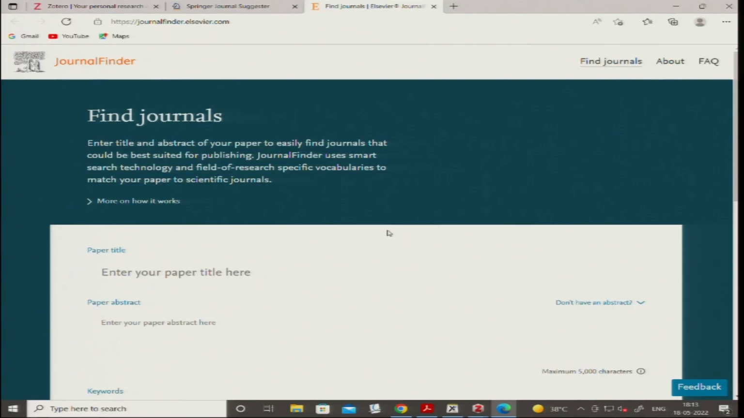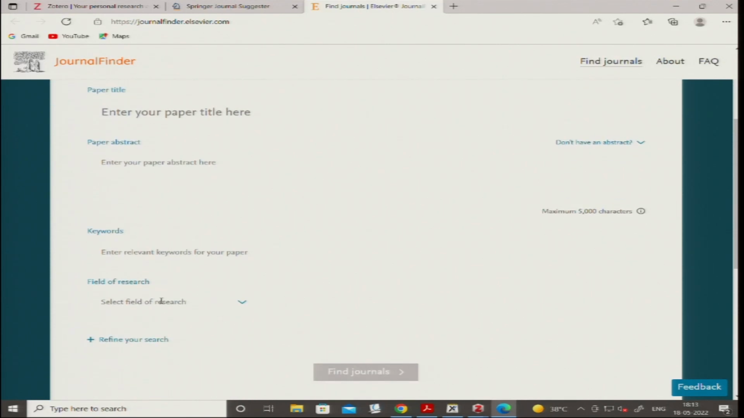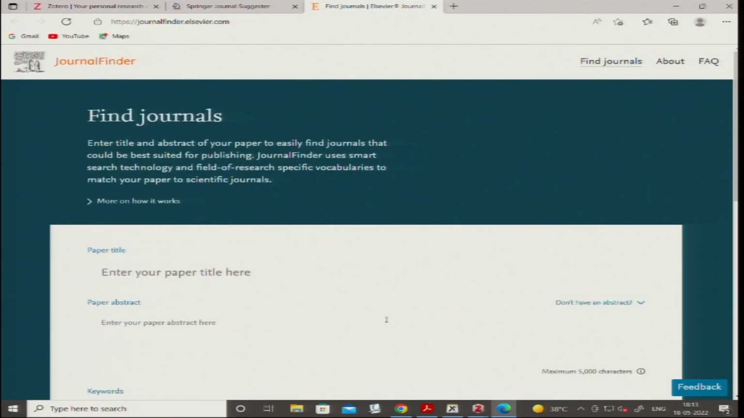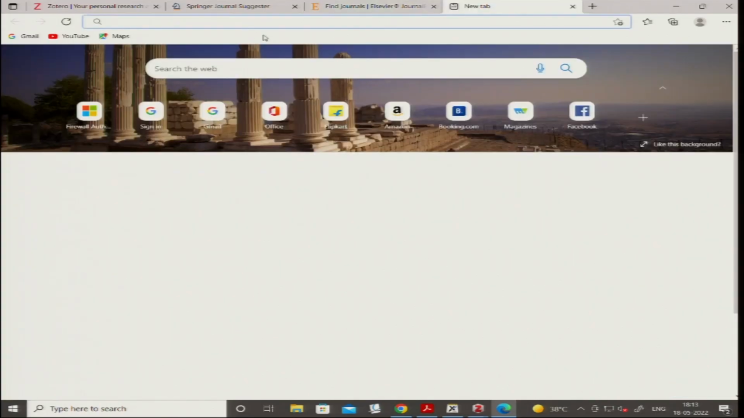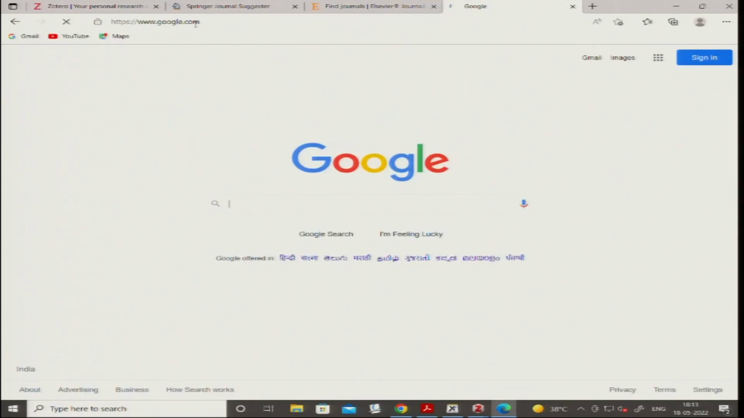Again, you are supposed to use the paper title, paper abstract, keywords, and field of research. Here you see one more analytic is available, in terms of giving the keywords. So now we'll take some other field abstract. Let's say,